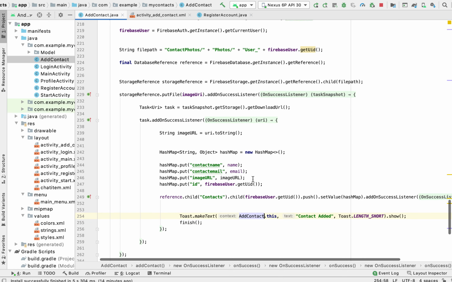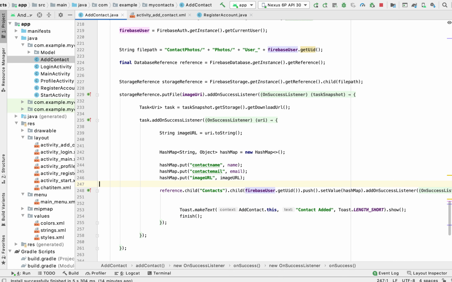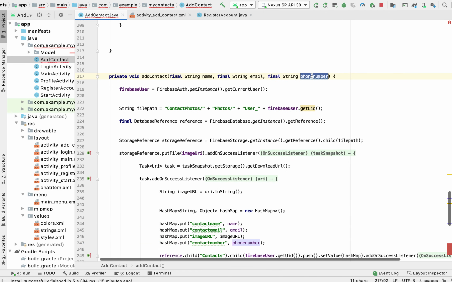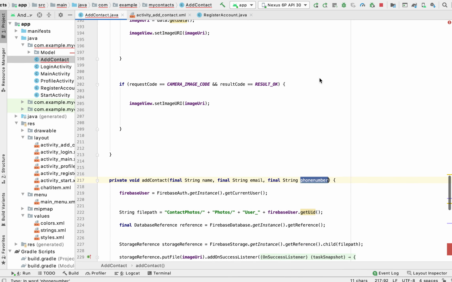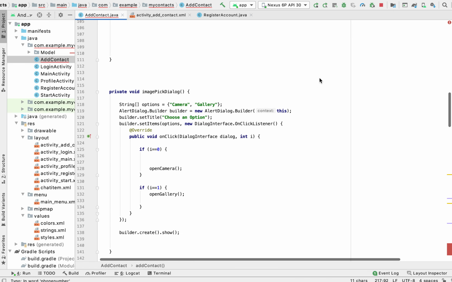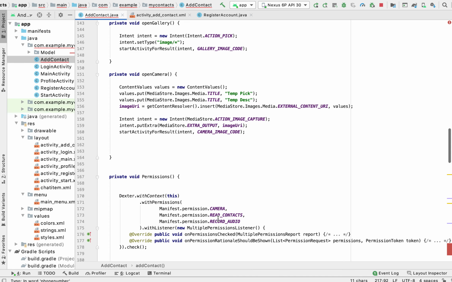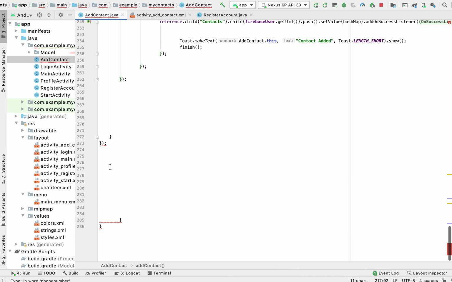And one more thing we didn't add is hash map put contact number is number, phone number. All these parameters that I'm getting are from here, and this method is getting them from here. So okay,